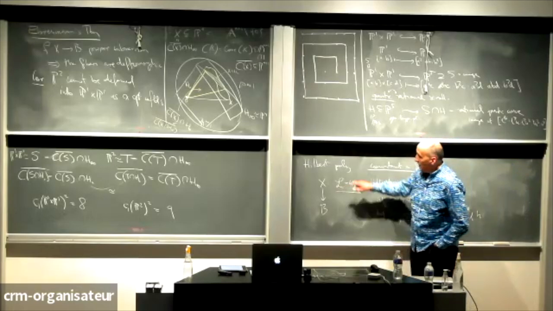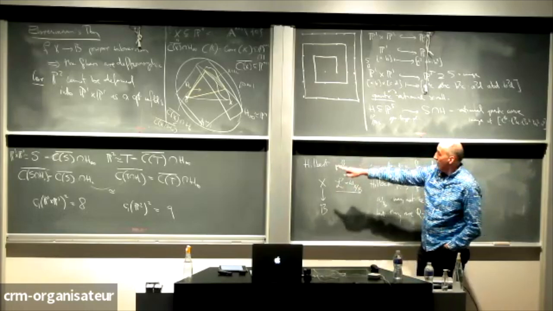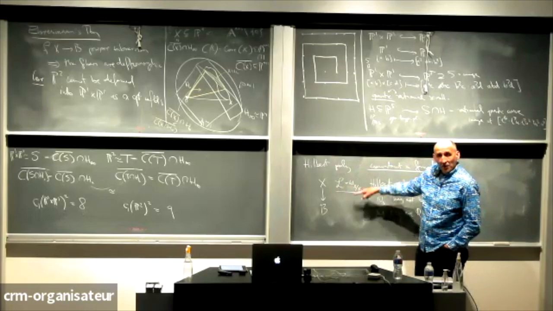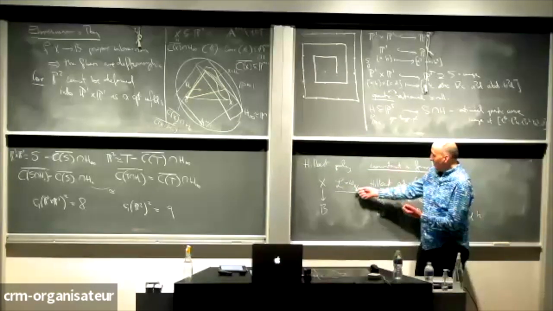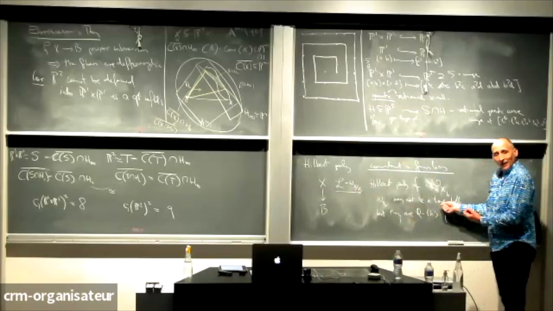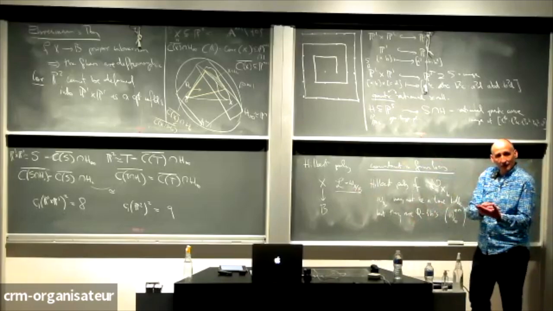So in one of those cases, and I'll let you guess which one, the relative canonical sheaf is not a Q-line bundle. So no matter what power you take, it cannot restrict to this, because this is a line bundle,